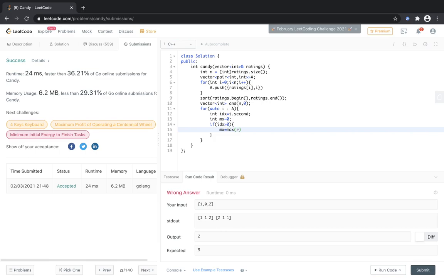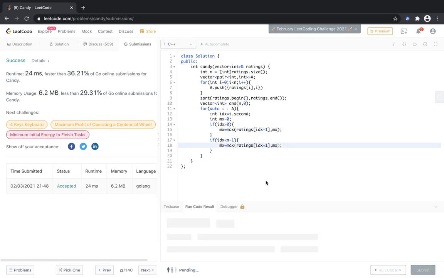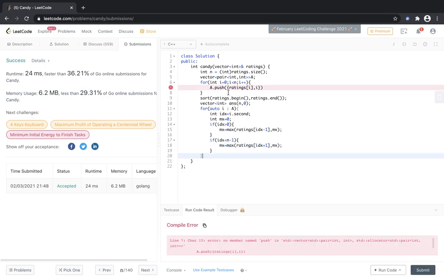okay, so answer idx minus 1. If idx is less than n minus 1, then max is equal to max of answer idx plus 1 comma max. So let's just check that it works till now. I mean, it compiles. Yeah, so it's actually a dot push_back.